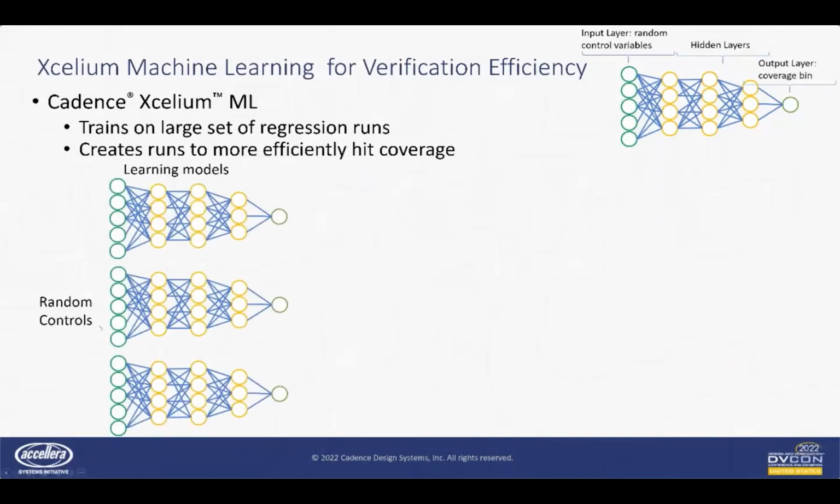So, conceptually, it looks like this. You have a bunch of random controls that build all of these models, and you have a coverage focus that you're going toward, right? And the end goal of Xcelium ML is to make your regression more efficient. So you start with this training data, you have thousands of runs, and what you want to do is get those thousands of runs down to hundreds of runs, and do it in a way that still replicates the intent of the